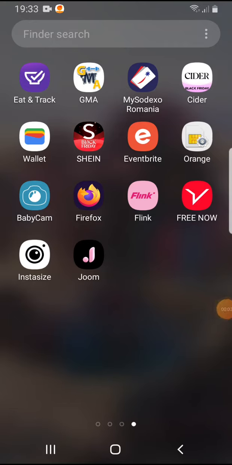Hello guys, in this video I'm going to show you how to open links in private tabs in the Firefox